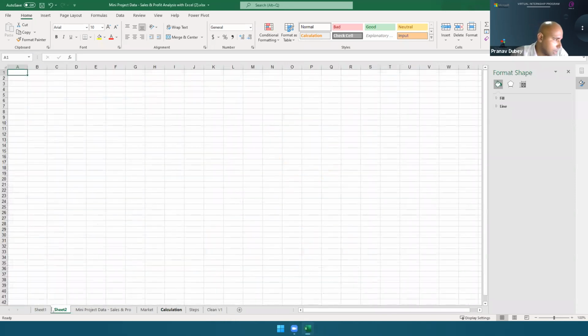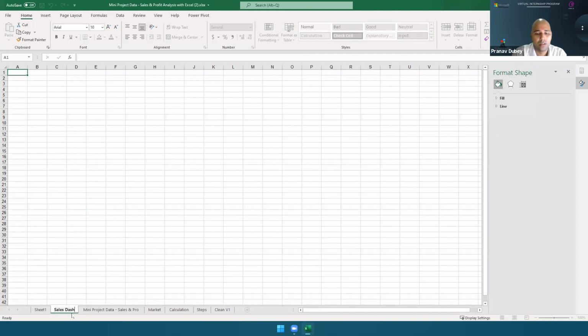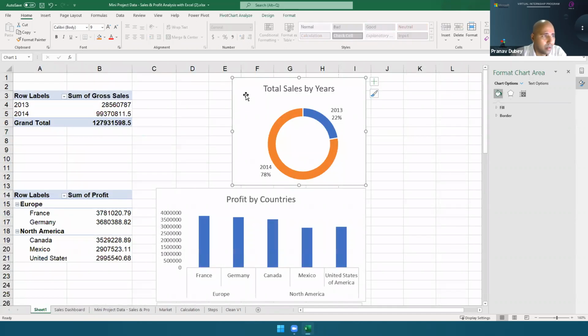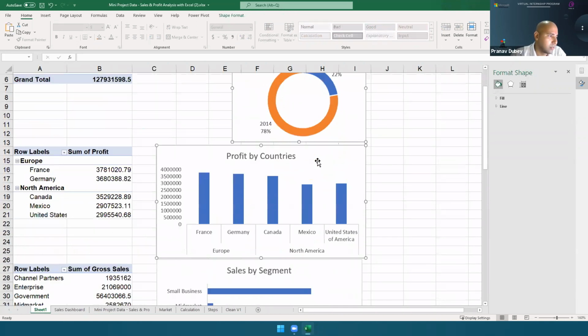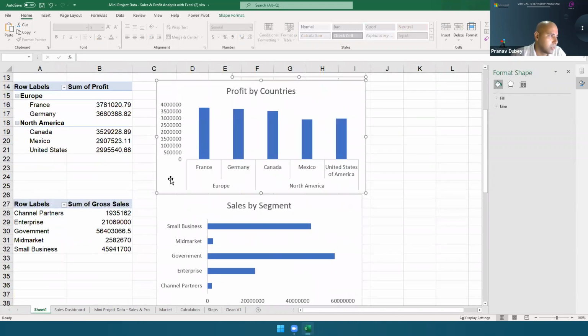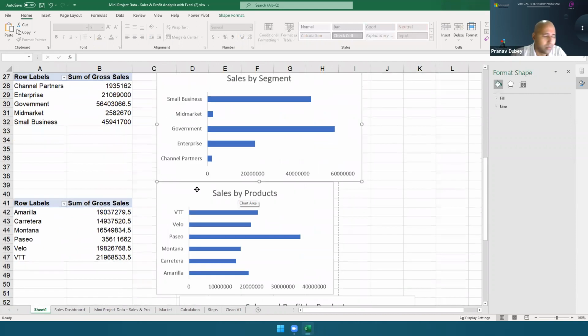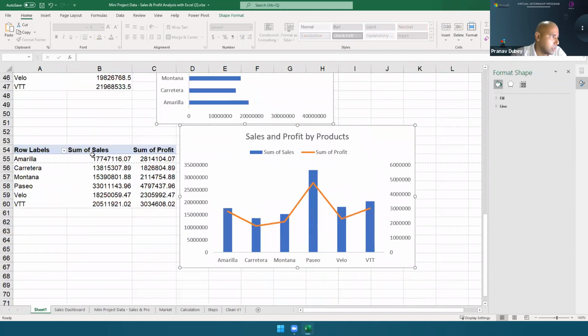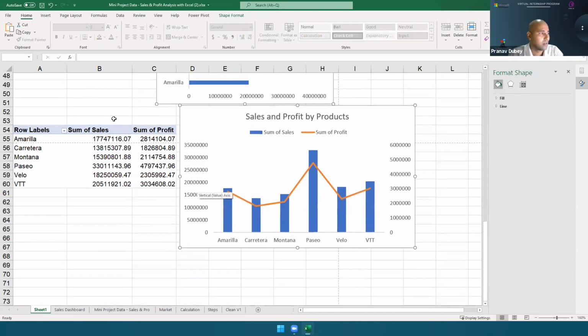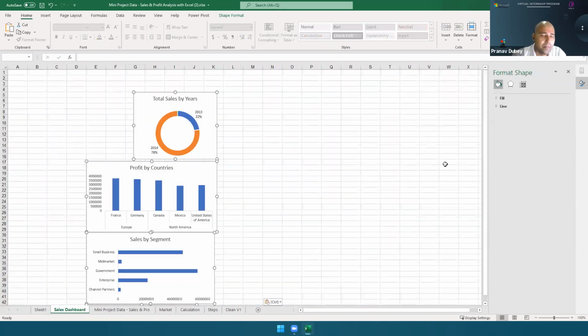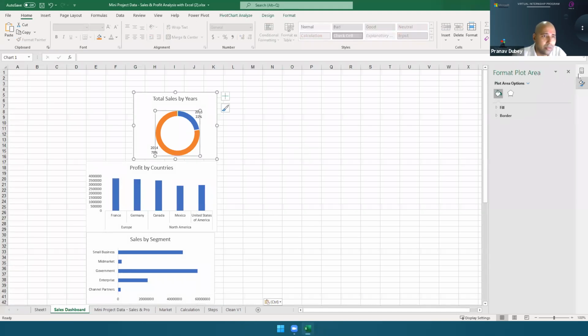And now the last, I'm creating a new worksheet and I will say here dashboard or maybe sales dashboard. We are doing sales analysis, sales dashboard. And here I will bring my charts. So to bring the charts, we will have to just copy, select our charts, Control C. So I will do multiple selection at once and bring all there. So multiple charts I have selected. I will go to sales dashboard and here I will just paste it. I have the visuals.